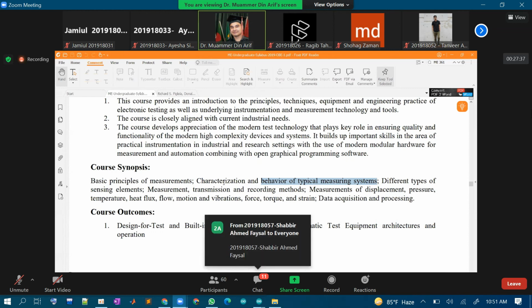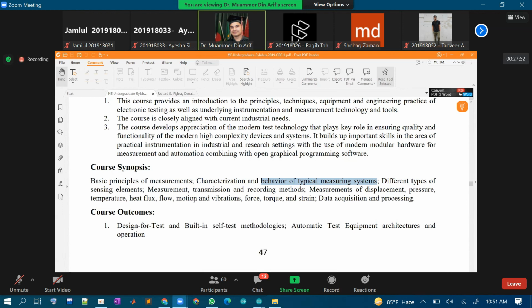অর্ডার, অল আর ডায়নামিক। এখন আমরা ডিফারেন্ট টাইপস অফ সেন্সিং এলিমেন্টস, এগুলো আর একটু পরের শেষের দিকে আসবে, বাট বেসিক্যালি ট্রান্সমিশন, মেজারমেন্ট, রেকর্ডিং সিস্টেমস, আর হলো ডিফারেন্ট টাইপ অফ সিস্টেমস লাইক টেম্পারেচার, হিট, ফ্লাক্স, এগুলো কয়েকটা আমি পড়াবো, কয়েকটা মিস্টার আতিফ পড়াবে, এই তো। আর ডেটা অ্যাকুইজিশন আর প্রসেসিং পার্ট, এইটা আমরা দুজনেই পড়াবো দুই সাইড থেকে। সে পড়াবে ডিজিটাল পার্টটা, আমি পড়াবো অ্যানালগ পার্টটা। এই তো, দ্যাটস দ্য বেসিক পার্ট অফ আওয়ার সিলেবাস।